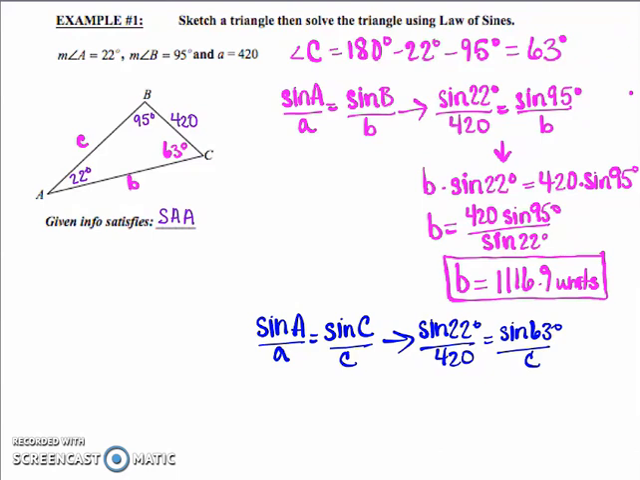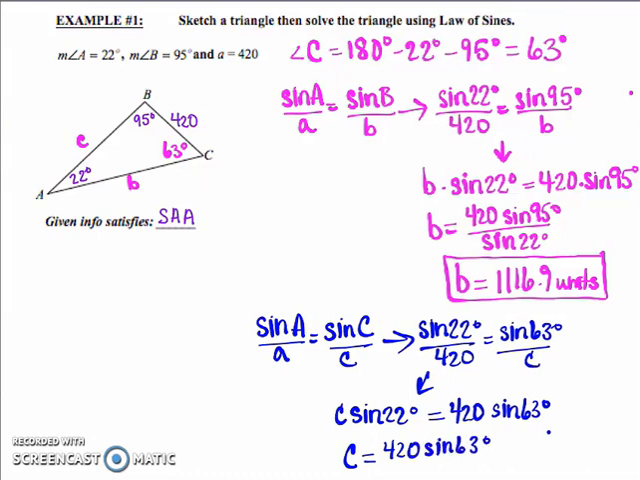So on the left-hand side, I'm going to have C times the sine of 22 degrees. And then I'm going to multiply both sides by 420 to get that out of the denominator. So then on the right-hand side, I will have 420 times the sine of 63 degrees. Then I'm going to divide both sides by sine 22. So C is going to be equal to 420 times the sine of 63 degrees divided by the sine of 22 degrees. I grab my calculator, again, degree mode, make sure, and we end up with